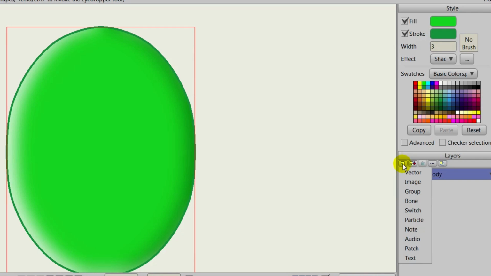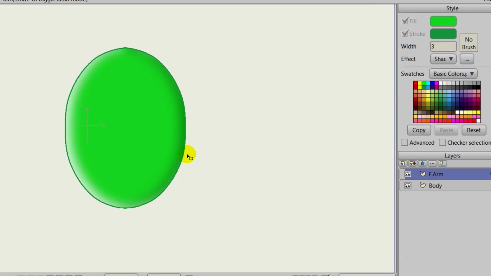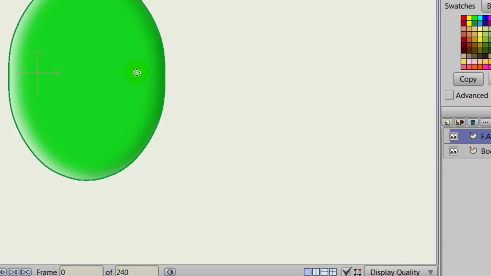We can now make a new vector layer, and we will name this one Front Arm, or f.arm. Now we can start drawing the front arm for the character. For this, we'll use the Add Point tool. We'll make sure that Auto Weld and Auto Fill are selected, sharp corners turned off, and we can come down near the center point of the oval, and we can start drawing out an arm. So we can just add some points down like so,